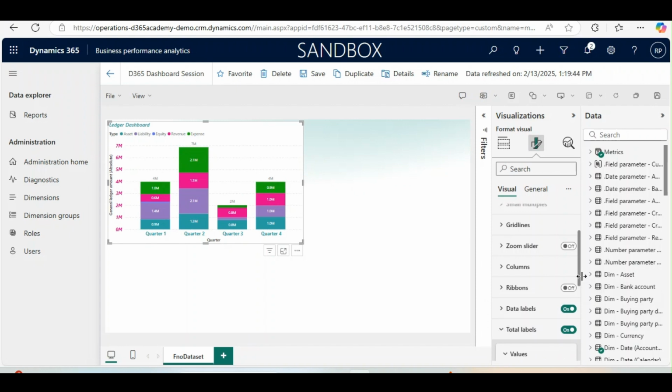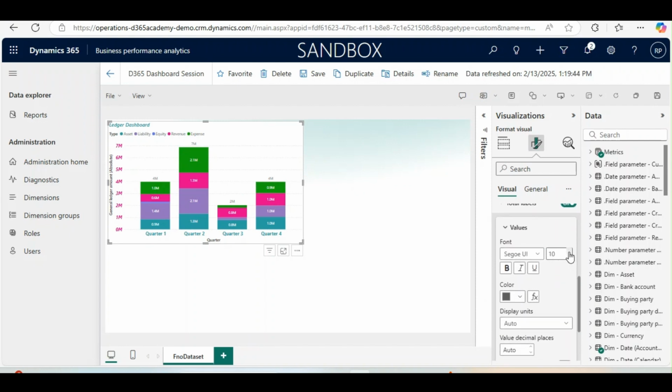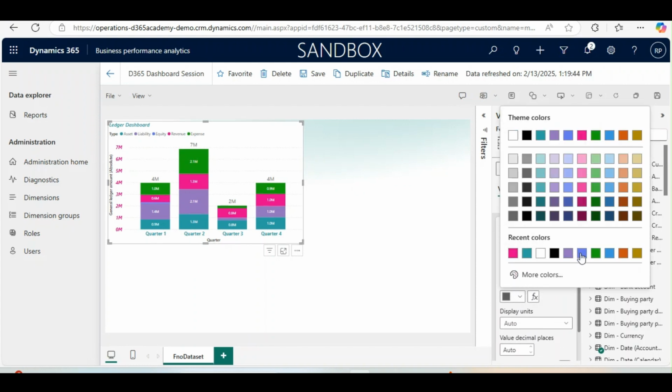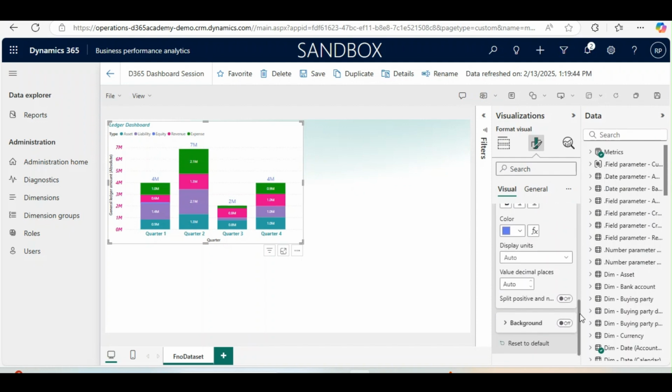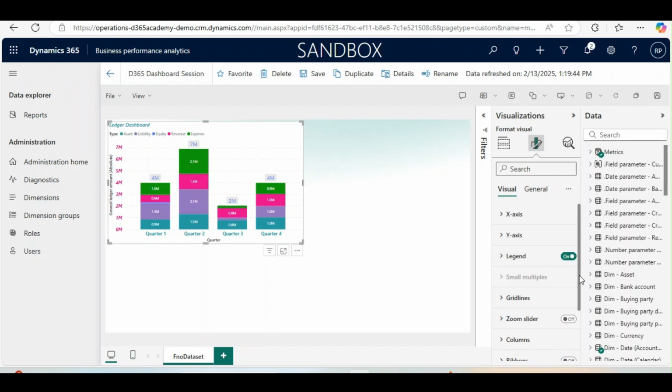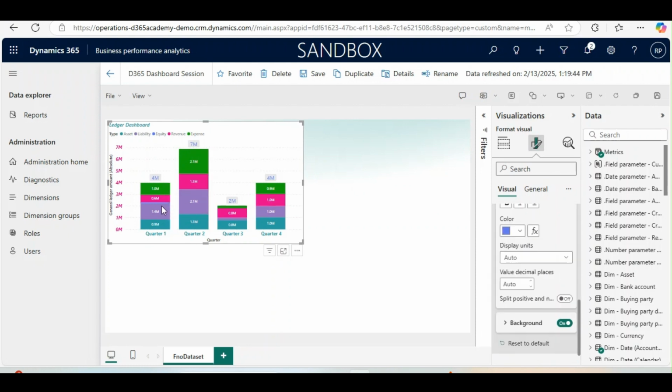If I want to see it in a highlighted area, I will just make the total one bigger, and then I will change the color to maybe this one, and I think I'll just click on background so it will be highlighted. Okay, I just wanted to show that there are many things. Maybe I can show you that if I click on ribbons, how it looks, very nice, right? It is a nice thing that you just click on ribbon, it will be just with this design. So now I think this report looks good,